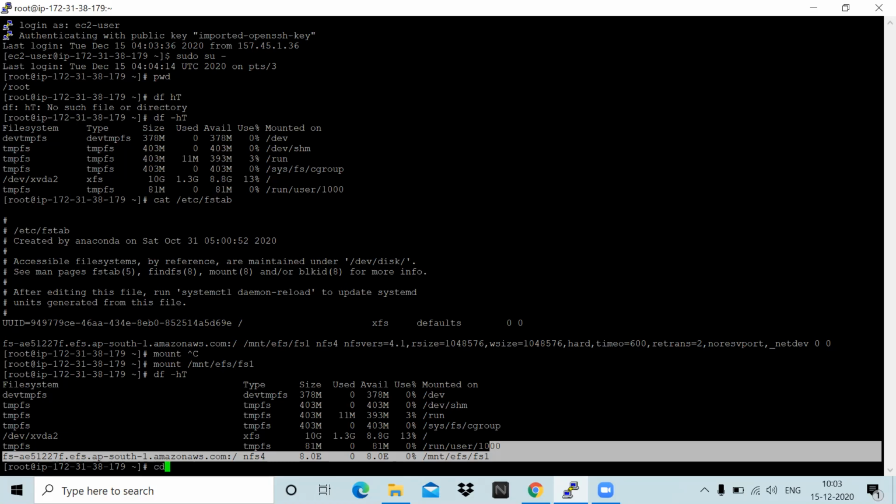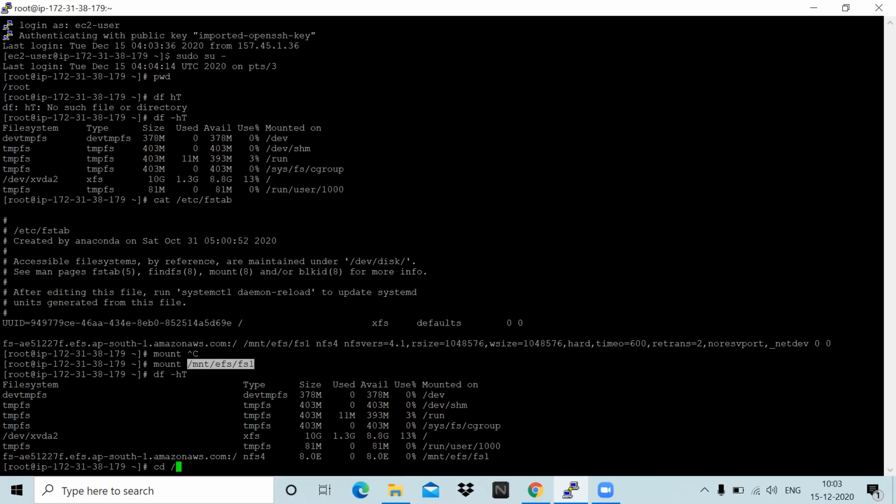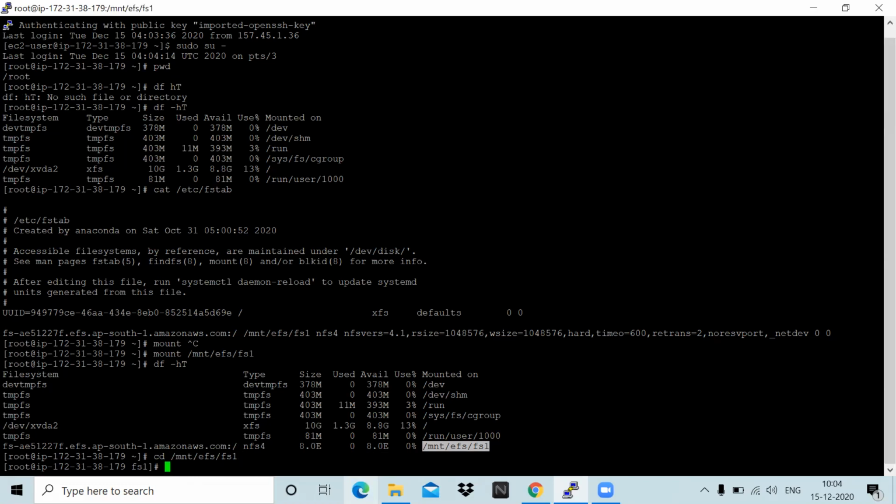And then you just do cd /mnt/efs/fs1. Sorry, cd and give the path of your file system, that /mnt/efs/fs1. Where do you see the mount point? In that file also you can see it. Just copy that and paste it. A double slash came in the beginning. That is the path, that is the directory where you have mounted your NFS file system. Press enter. Do ls -l. Yes, just done ls -l.